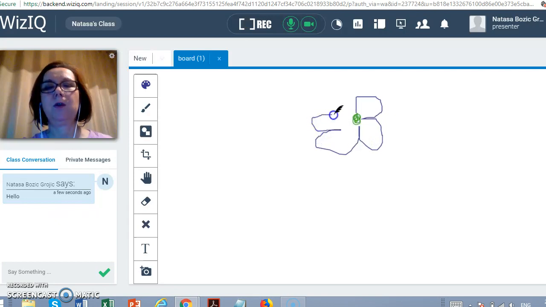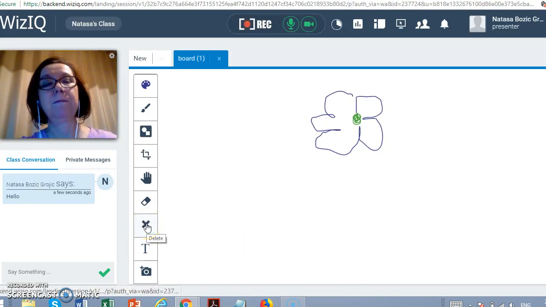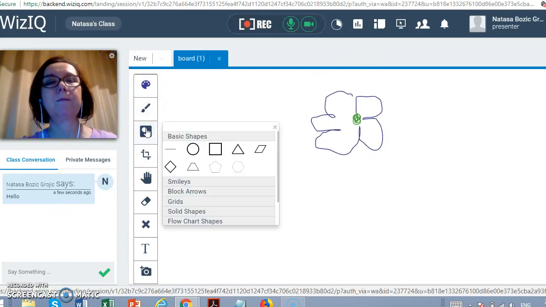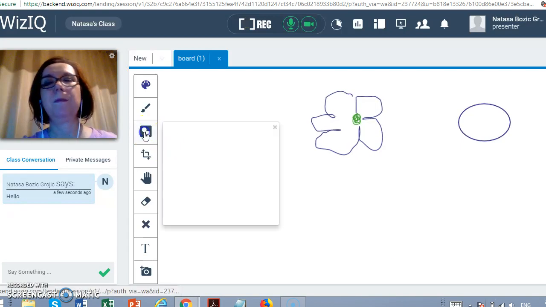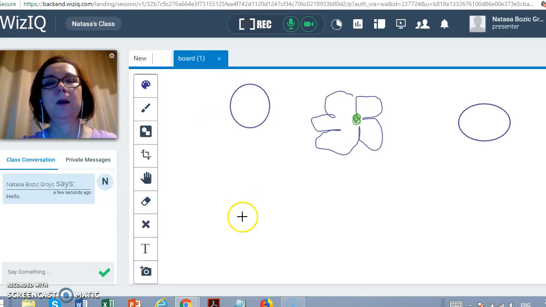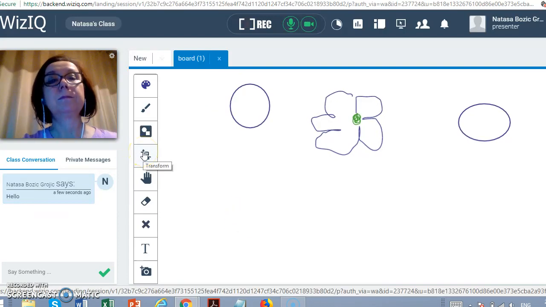Not such a successful picture, but whatever. If I'm not happy with it, I can delete it, but never mind. I can also choose a shape, so it remembers my last option. I could, for example, type